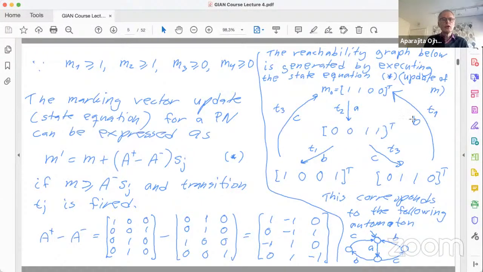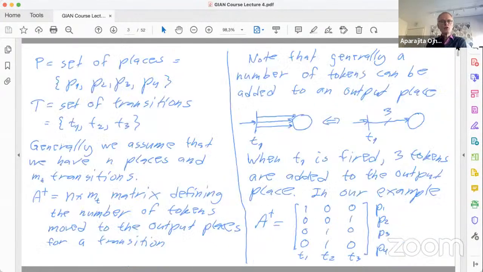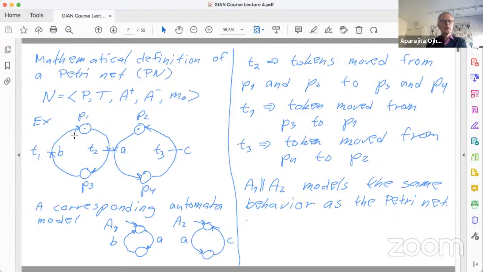Fine. So let's just make a very brief, quick repetition, and then I will show you a number of examples related to what I've shown before we continue the final part of this. Maybe some of it will also be given on Tuesday. But actually, I have a number of quite interesting examples on Petri nets and the relation to automata, reachability graph, etc. So just to repeat here that a Petri net is defined by